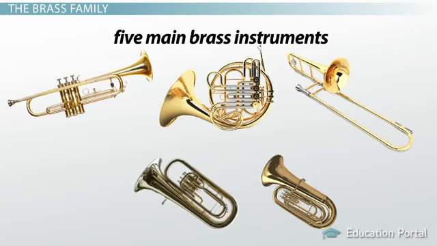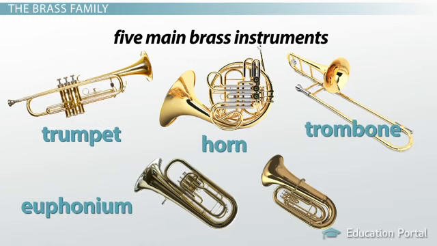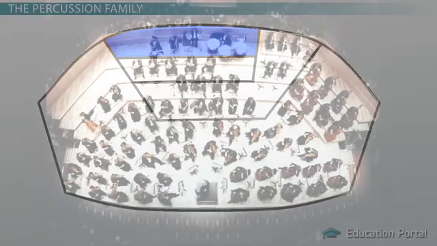The 5 main brass instruments in the orchestra are the trumpet, the horn, the trombone, the euphonium, and the tuba. In the orchestra, trumpets and horns occasionally play the melody, but much of the brass section's job is to play supporting notes. All the way in the back of the orchestra, we have the percussion family, known for its loud